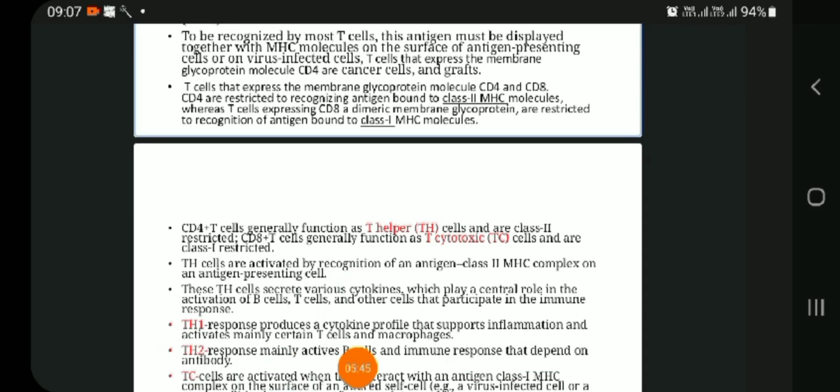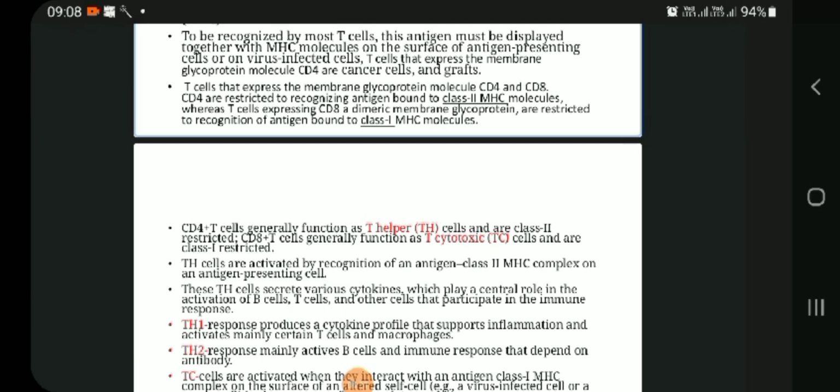T cells express membrane bound glycoprotein molecules called CD4 and CD8. On the basis of the CD4 and CD8 glycoprotein, T cells can be designated as CD4 T cells and CD8 T cells. CD4 cells are restricted to recognize the antigen bound to the class 2 MHC molecule only. Means that those antigens which are bound to class 2 MHC molecule will be recognized by CD4 plus T cells,